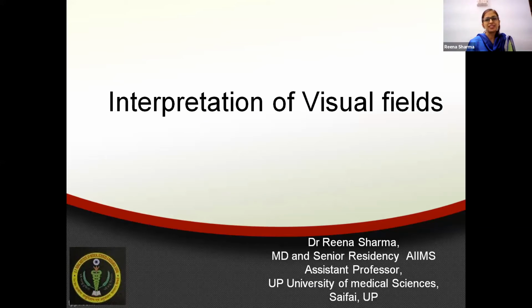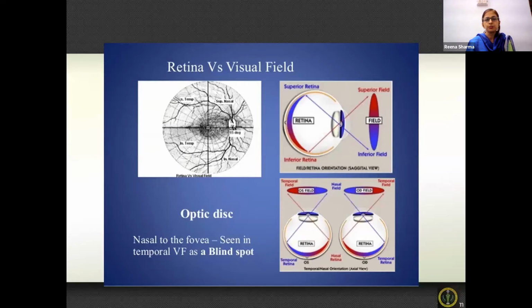Thank you, GSI, for giving me the opportunity. Today I would be talking about the interpretation of visual fields, and I'll try to keep it basic. The first most important thing is that the visual field is a reflection of the retina, and any abnormality of the retina would be reflected in the corresponding part of the visual field. What is important is that the two should correlate, and if they do not, we go back to the discrimination, as sir has emphasized.